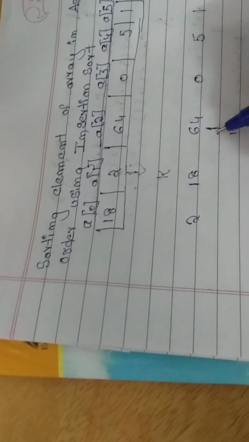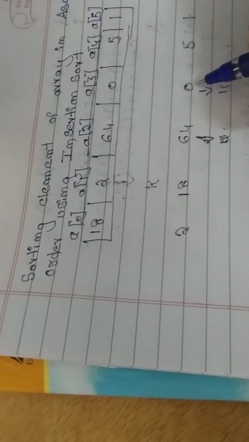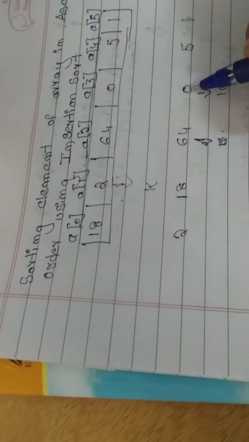Now you can see here, next one, this is the key element. If you observe here, this element is less, so this element will come here and this element will go here. Now the key element is compared with 18. So in the first round it is here. Now again this key element, if I compare, it will be like this: 0, 18, 64 and 2 will be here. Next after that interchange, so 0, 2, 18, 64. So the key element will be here and the remaining elements will be arranged here.